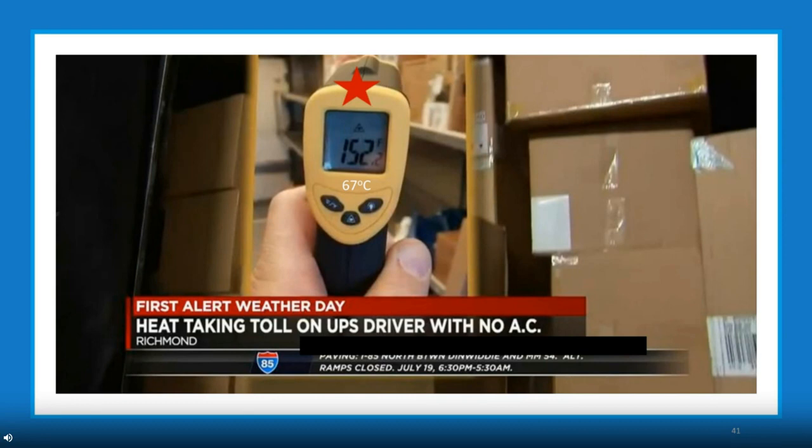And this simply shows how hot some of the delivery trucks can be. This was labeled a heat taking its toll on a UPS driver that has no air conditioning. And if they don't have any air conditioning in the front of the truck, they don't have any air conditioning in the back of the truck. And you can see that the temperature reached 152 degrees Fahrenheit in the back of the truck, which is 67